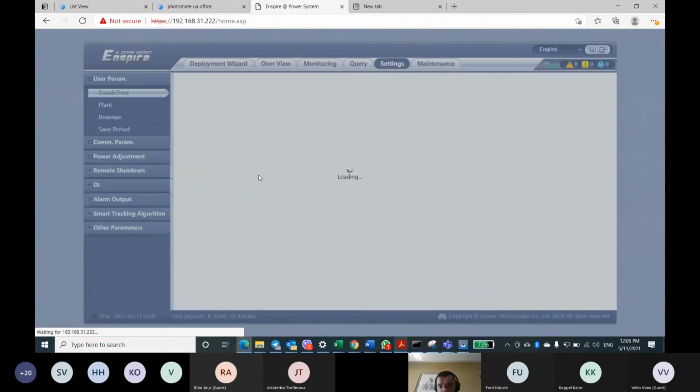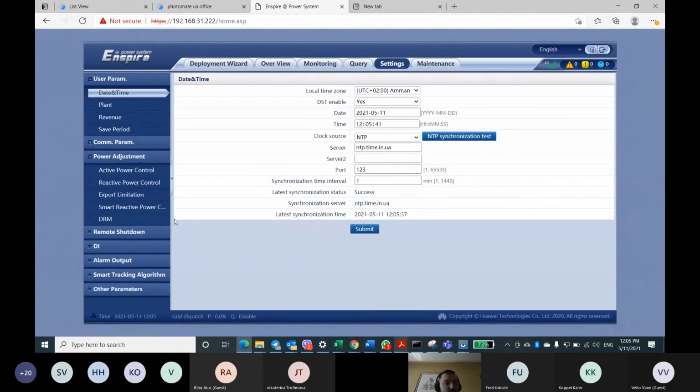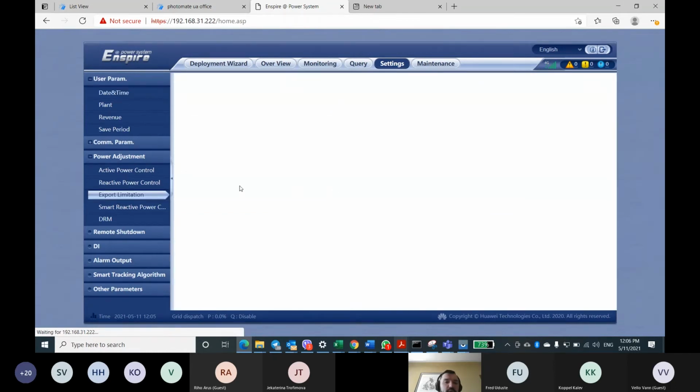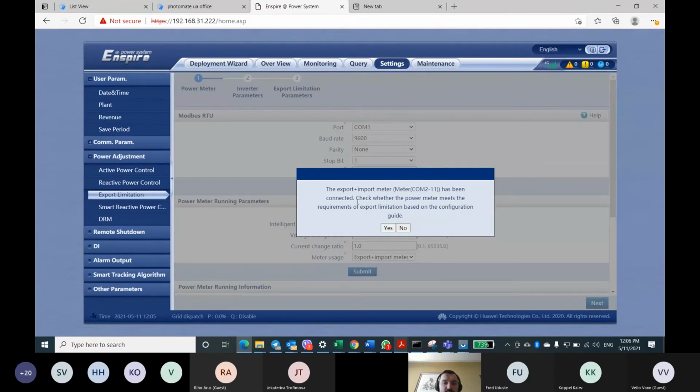So you need to go to settings, and here is the power adjustment section. You choose export limitation, and it will work like a wizard on how to set up and so on.